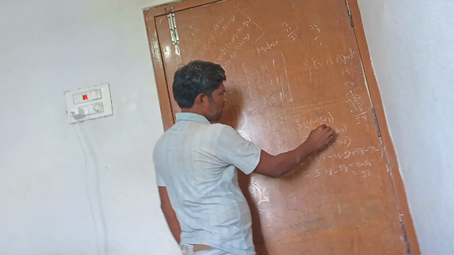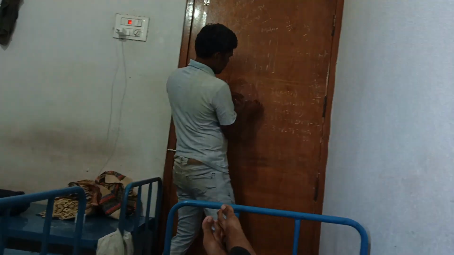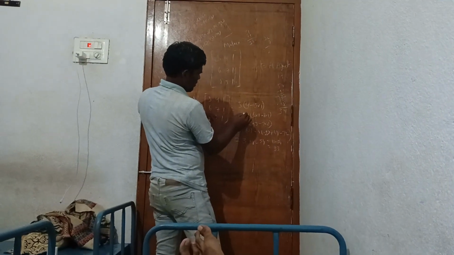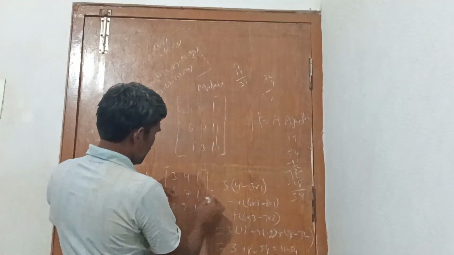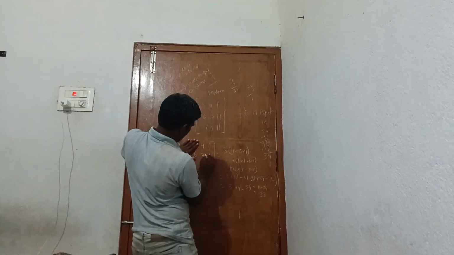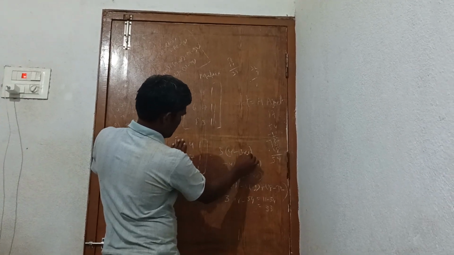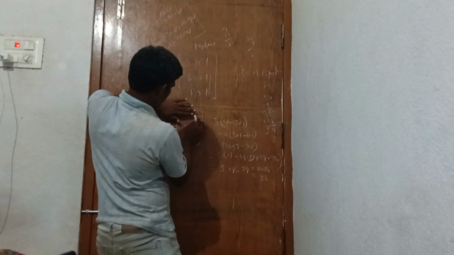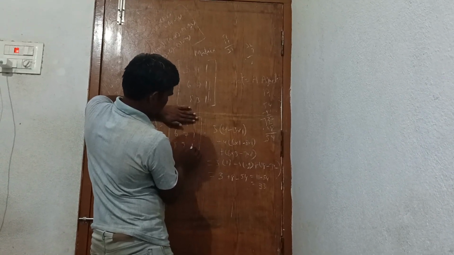3 into 4 into minus 3. Next one 4 into this is cancel. This cancel 7 into 4. Okay. 80 and 3 into 4 into 7, 3 into 1. This is cancel. This is 4 minus 3 minus 12 minus this is cancel. This is cancel. 6 2 by 2 matrix.